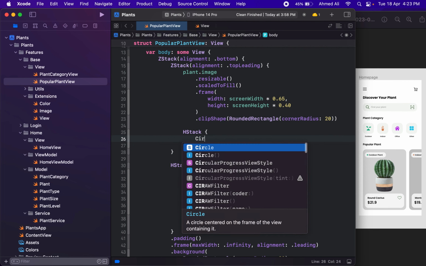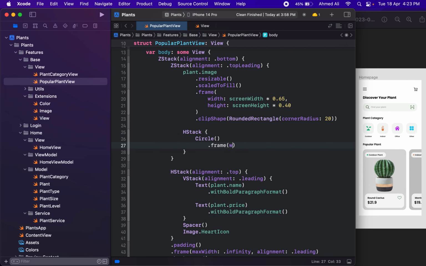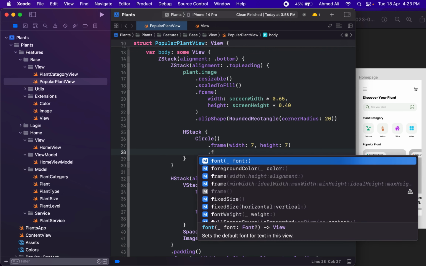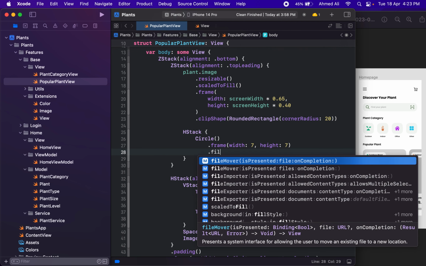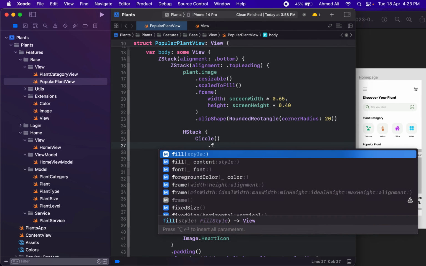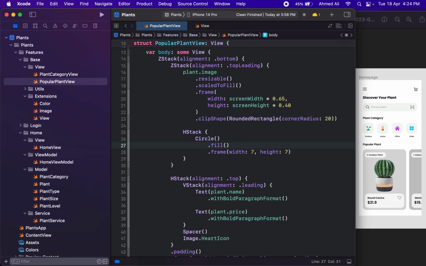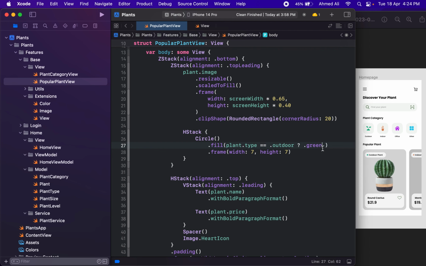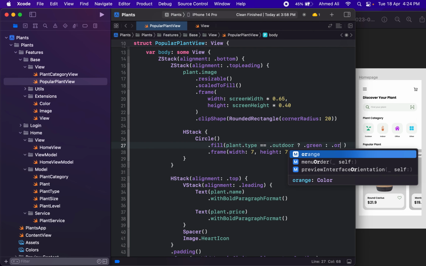First we have a circle, we have a frame width of 7, height of 7, and then we need to fill it before the frame, so we need to fill it with color. So now we actually need to check the condition whether the plant type is equal to the outdoor, then we need the green color for fill. Okay, I think it should be a question mark here. If it's not, then we need to use the orange color,